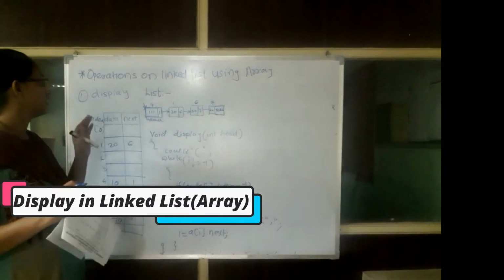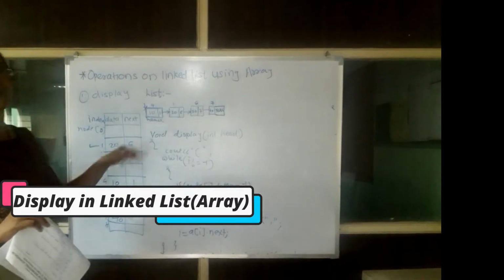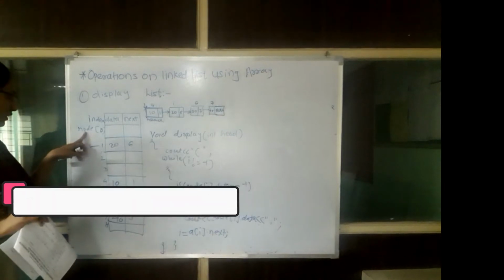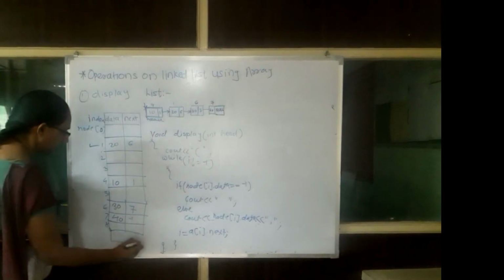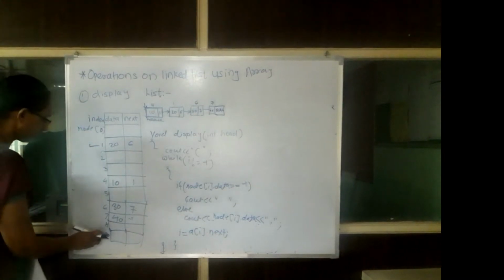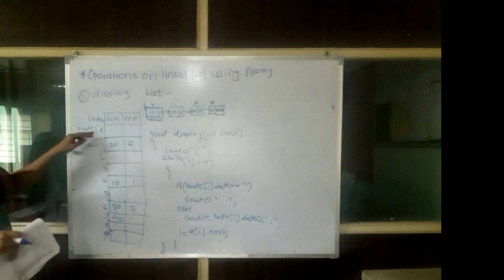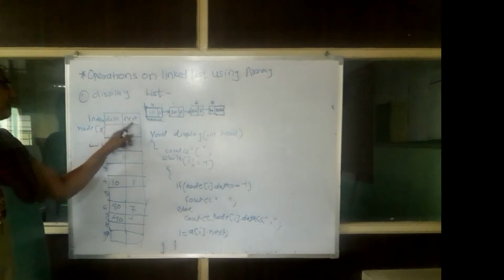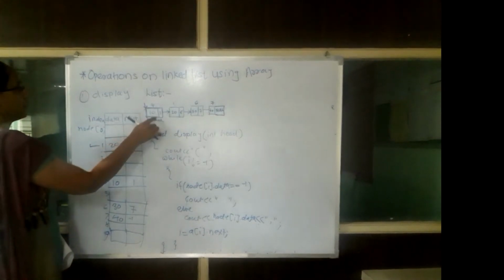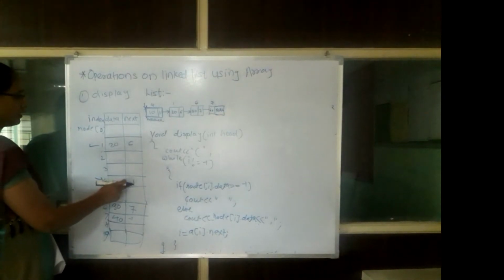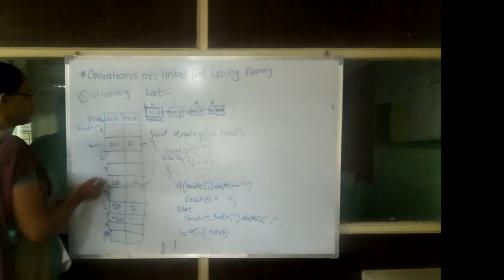Now once these elements get stored into the array, it will look like this. See here, this is the node array, which contains memory size from 0 to 9, that is 10 elements of node type, where every memory gets divided into two parts, data and next. Your list gets started from this, the fourth index: 10, next pointer 1, so it will point to the first location.